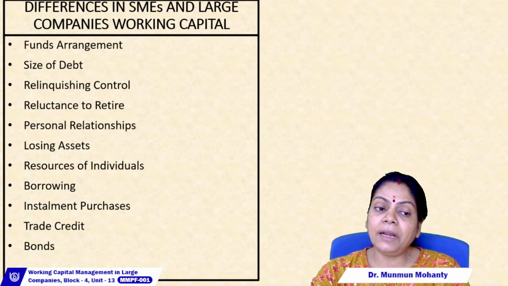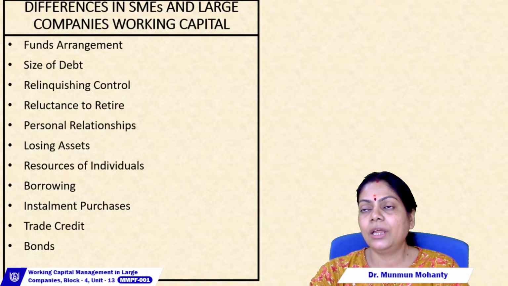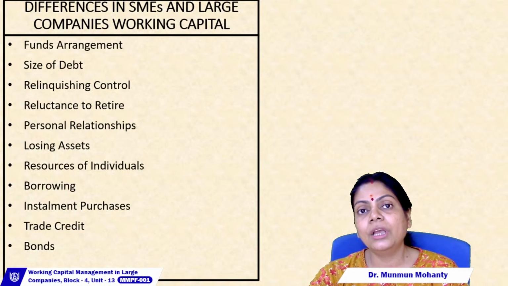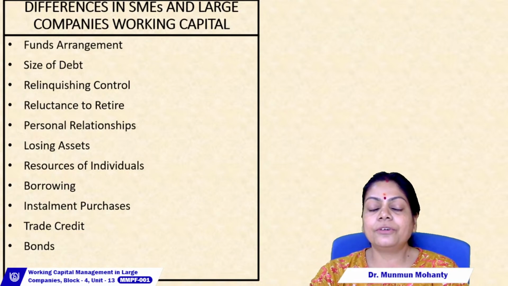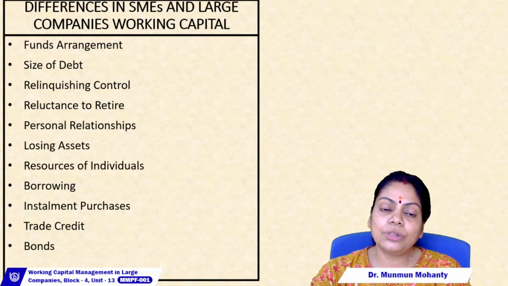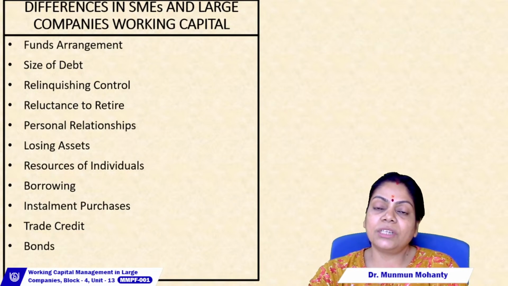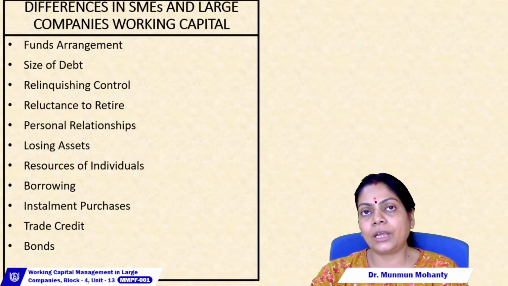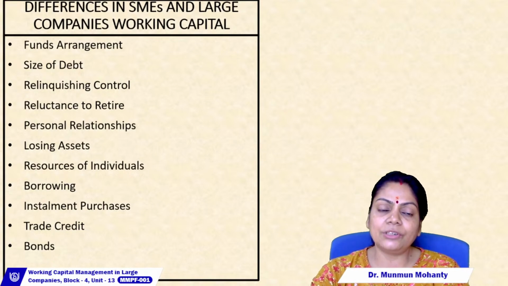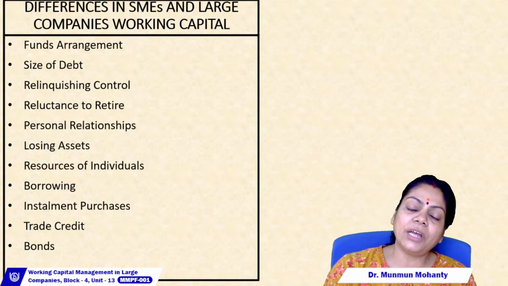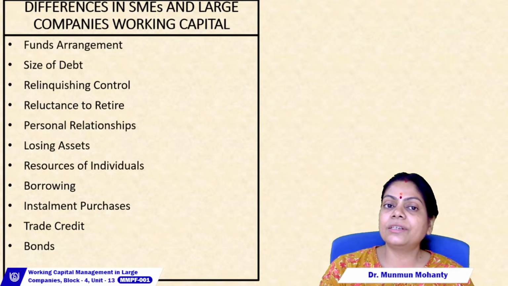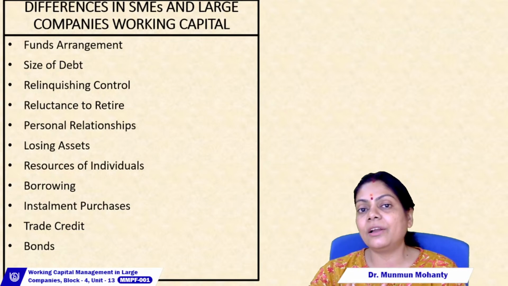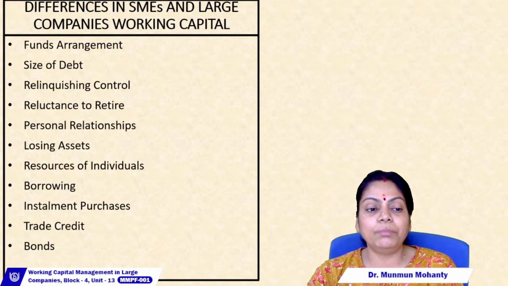Small companies are dependent on the resources of individuals. Okay, now that is what we were talking about, the key employee. A key employee has his set of network, his set of skill sets, his set of knowledge base. So every individual's resources are useful for the SMEs. Maybe for a big company, this is needed. It's not that it will not be needed, but they have developed mechanisms to probably capture these things in their system. And so the resources of individuals play a very critical role in case of SMEs, not so in case of big corporations.